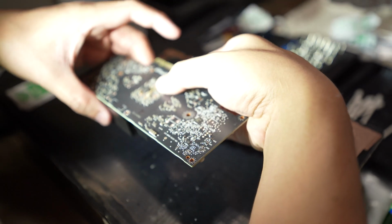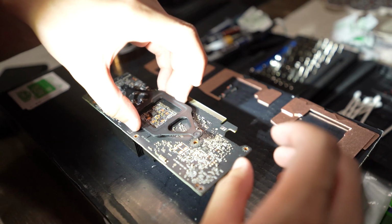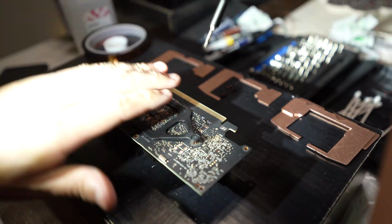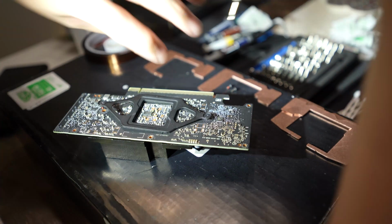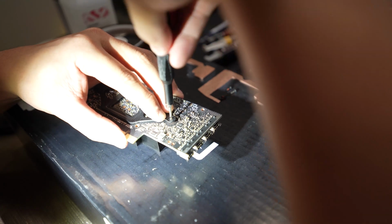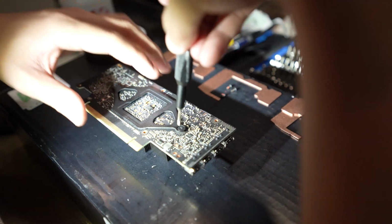I applied a little bit of pressure so it sticks firmly, and then pretty much you're going to be reversing the process from here on out. This is the spring-loaded backplate. Similar to a car, add a little bit of pressure on the backplate so the spring doesn't pull on the screw. Slowly tighten it, not all the way, and then the same thing for the other side. You want to add a little bit of pressure on the backplate, screw it in, and then evenly on each side do a half turn or a quarter turn until the screws bottom out. Then